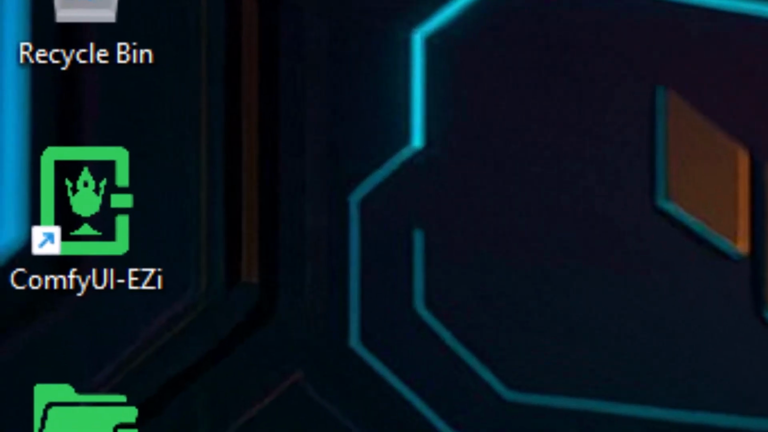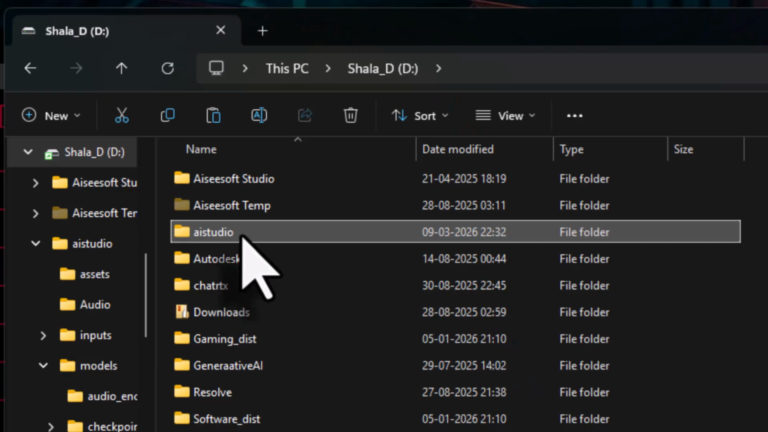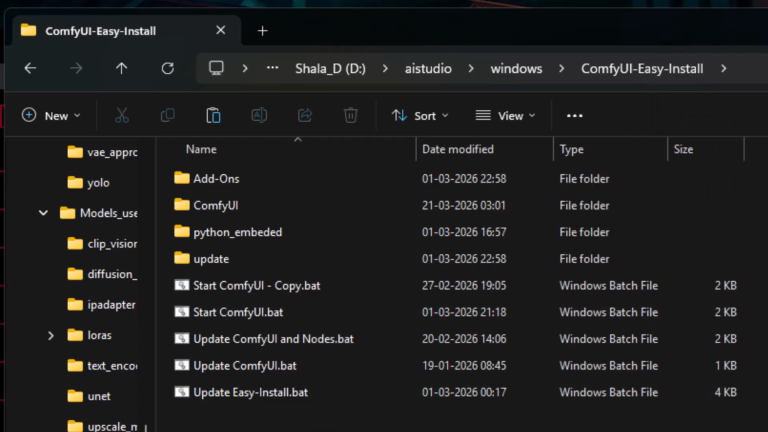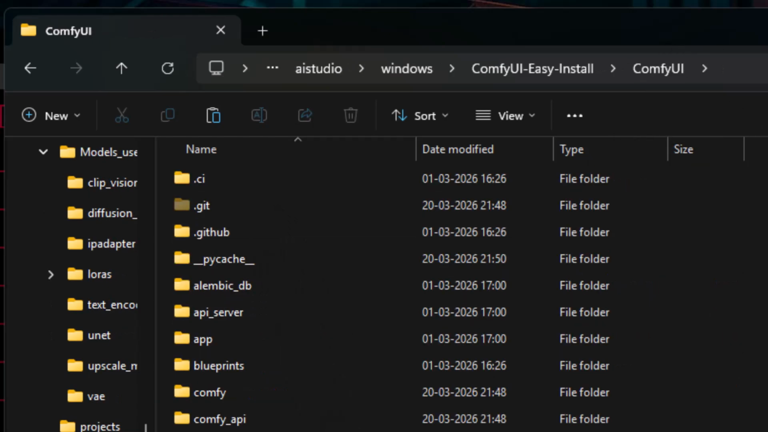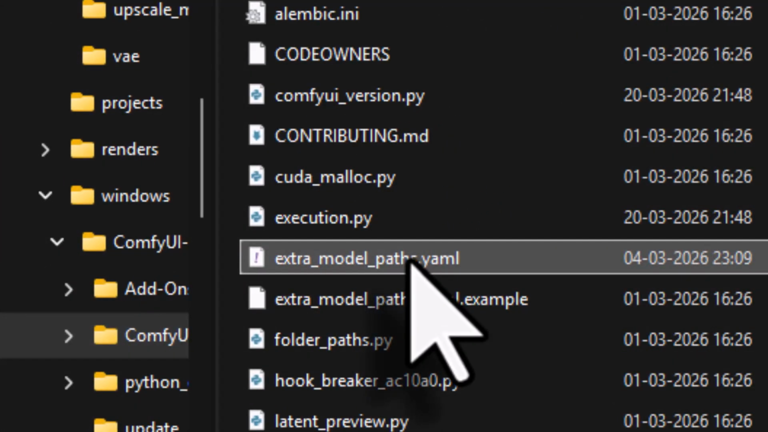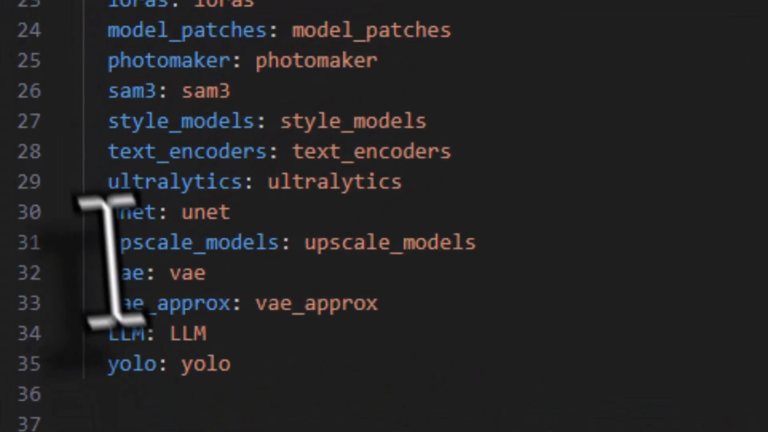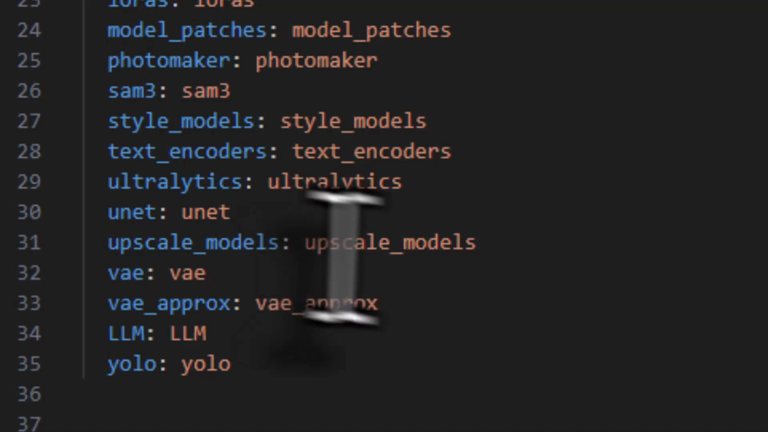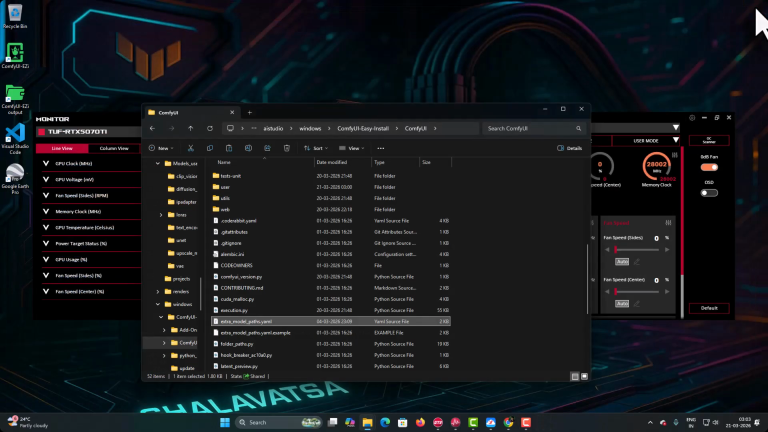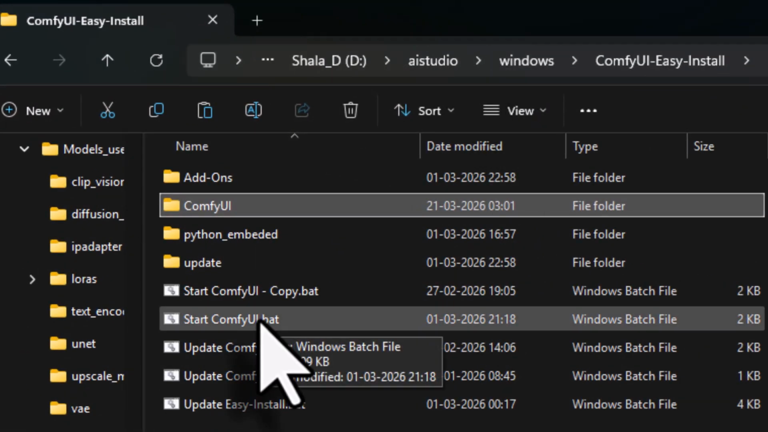Let us start by launching ComfyUI. Either double click on the shortcut on the desktop or come into your Explorer. In DAI Studio Windows ComfyUI Easy Install, we have done our ComfyUI installation. Come into the ComfyUI folder, and if you scroll down, you have one extramodelpaths.yaml file. Right click and open it in Visual Studio Code or Notepad and see that this line upscale models is present in this extramodelpaths.yaml. I will close Visual Studio Code, come back to ComfyUI Easy Install, and I will click on Start ComfyUI.bat